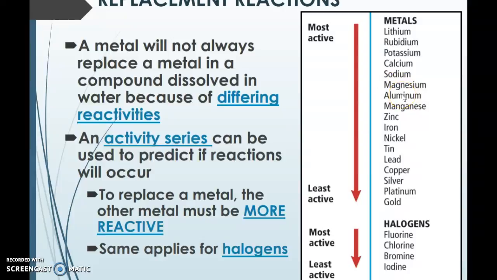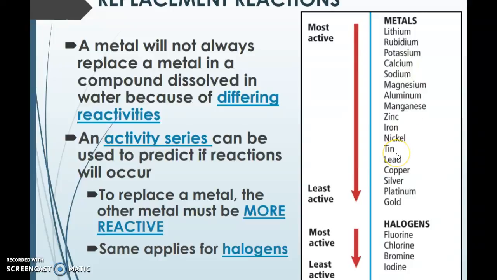And if you have aluminum, if you have a compound that has calcium in it, aluminum is below calcium, which means that it cannot kick calcium out of its compound. Therefore, there's no reaction. But if calcium is by itself and aluminum is in a compound, calcium can kick aluminum out